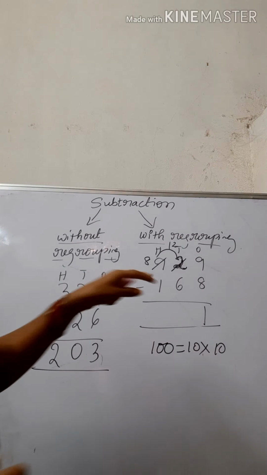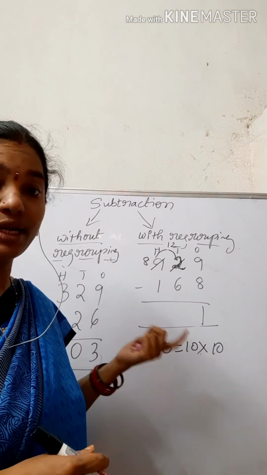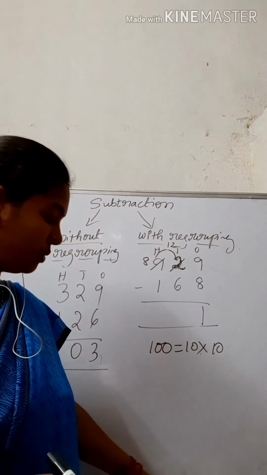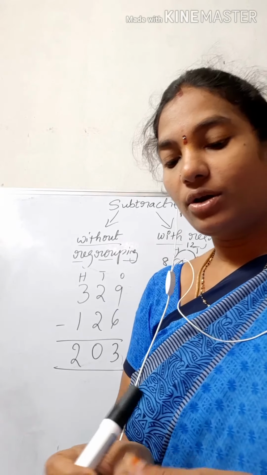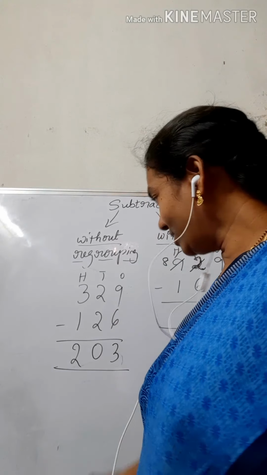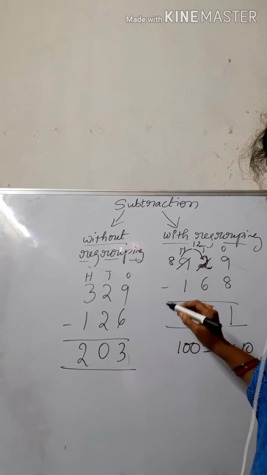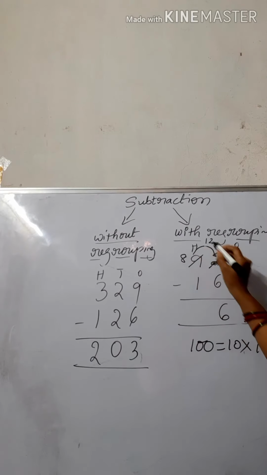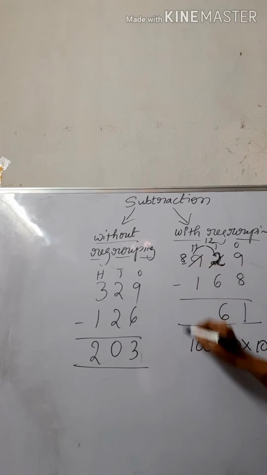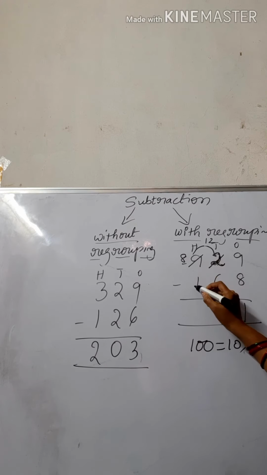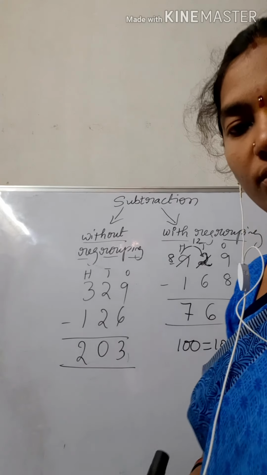Did you understand how to do it? Now in the tens place we have 12 tens, meaning 120 rupees. So from that 120, can we subtract 60 or not? So here 12 were there. 12 minus 6, how much? 6 only. Now here 8 is there, because from 900s we already gave 100. Then we will get 800s. 800 minus 100, how much? 700. Did you understand how to do it?